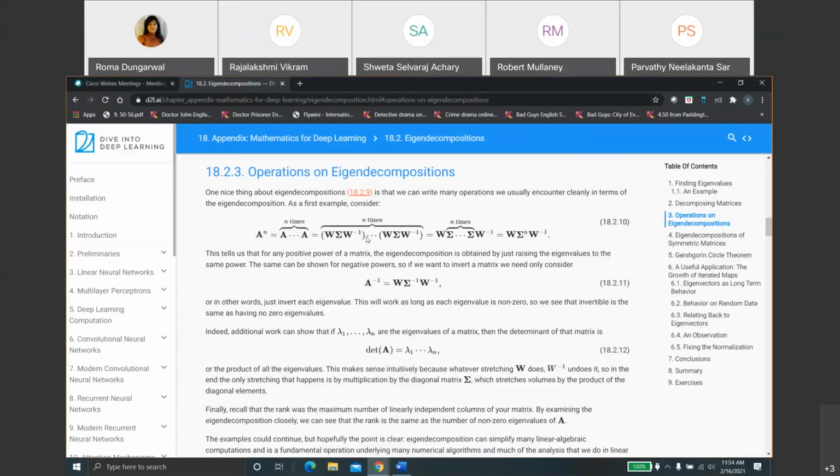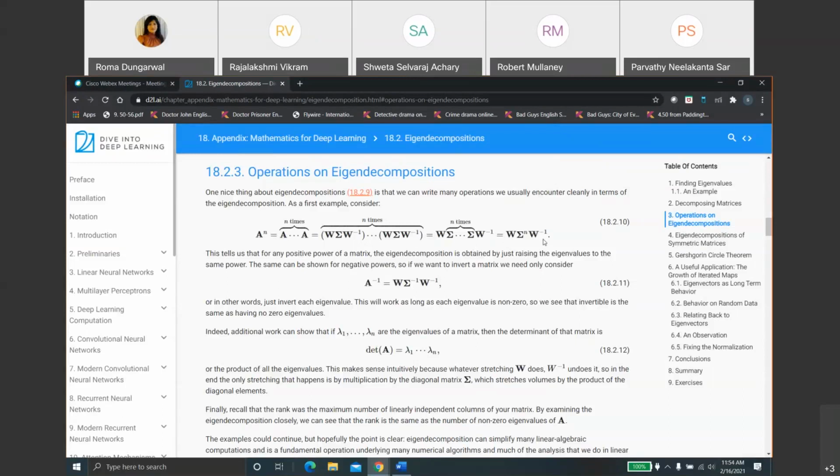So those two will negate each other, because we learned A into A inverse will give you an identity matrix. So W into W inverse will give you an identity matrix, which is basically negating what W has done, right? So all the W and W inverse in the middle will get cancelled. So what remains is n times the sigma, n times the eigenvalue, and the first W and the last W